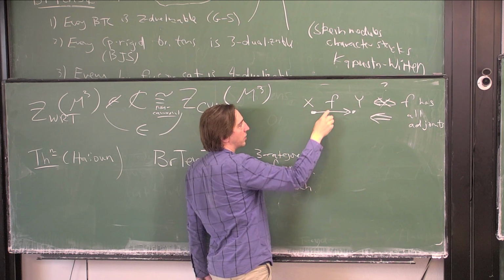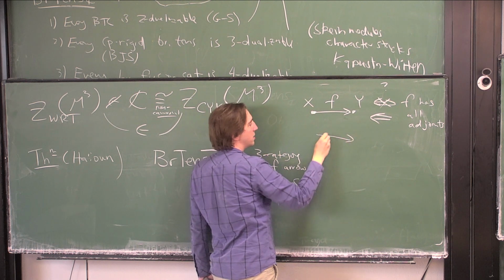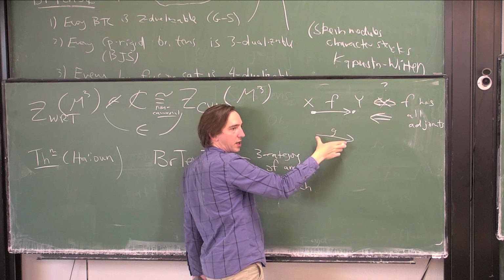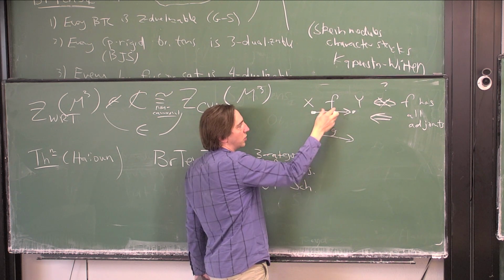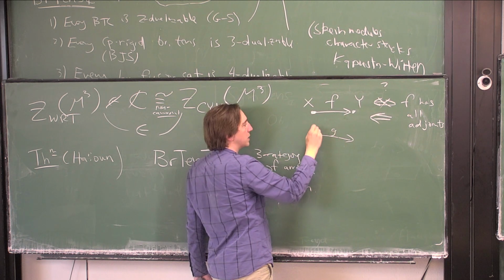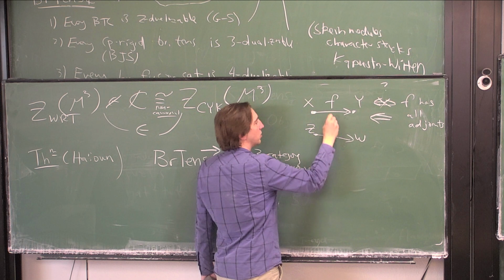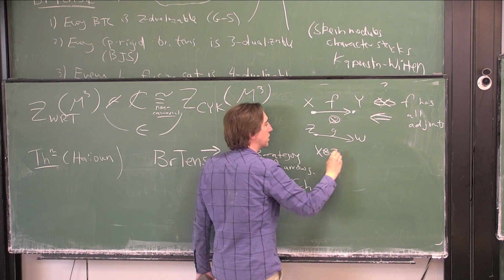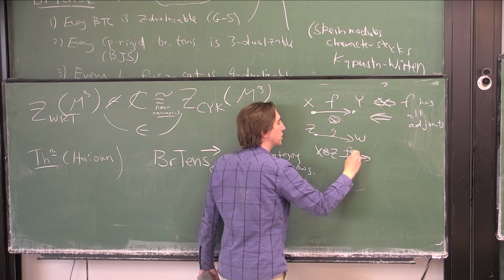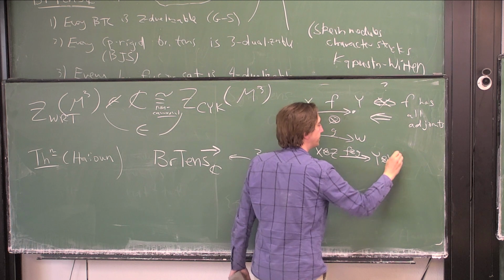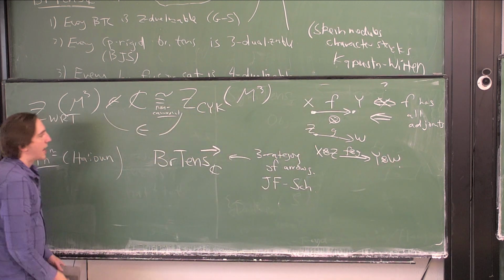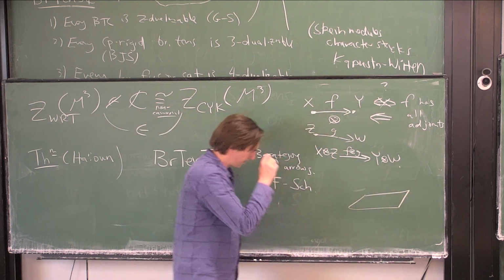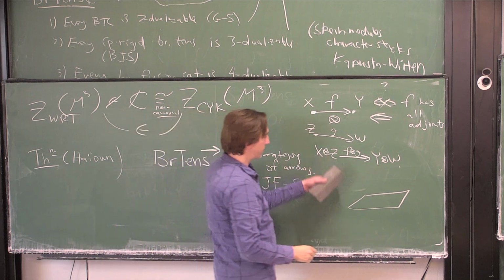So if I have one F and I have another one, G, the first point is that unlike in the usual mantra of higher categories, I can bring these two things together without the source and target having to be the same. So I can have another Z and another W, and I can tensor those together. And you just do the obvious thing. You just take X tensor Z, mapping by F tensor G to Y tensor W. Okay. And actually, if we had read the Fried-Telemann picture better, this would make perfect sense because